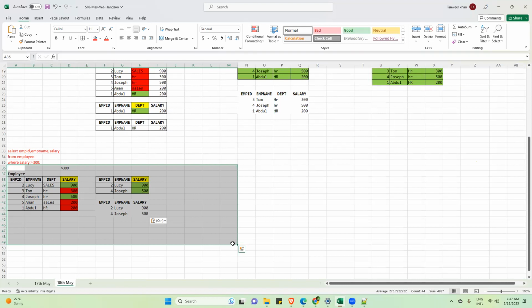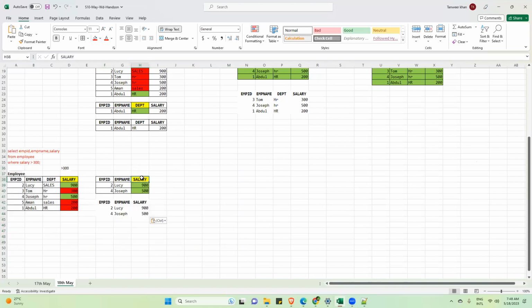That's why RAM is required, because the engine works on the fly. You're not storing anything there. Your system must have good RAM, because many things the engine performs in temporary memory. Is that clear? Okay. Once the data is taken, the engine will delete everything from the temporary memory. Nothing will stay there. Any other question?